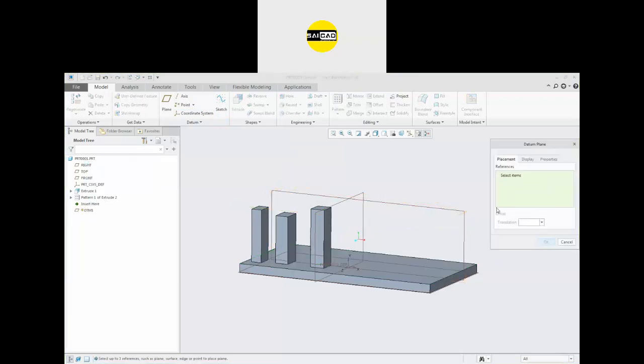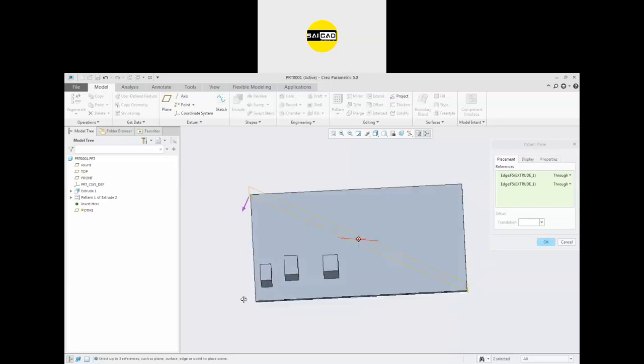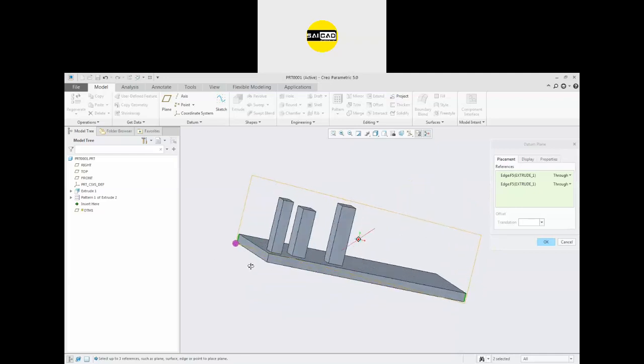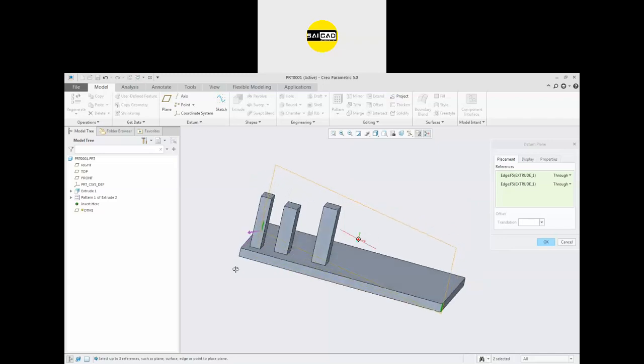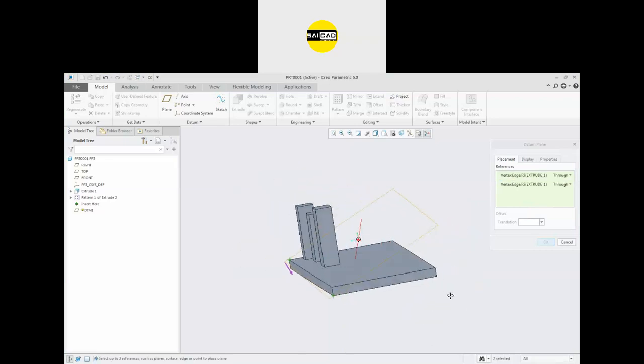The next option is you can select an edge and some other edge with the help of control, and you will see a plane will be created around the two edges. You can also select some points, like I can select this point and this point, and it will ask for the third point also.